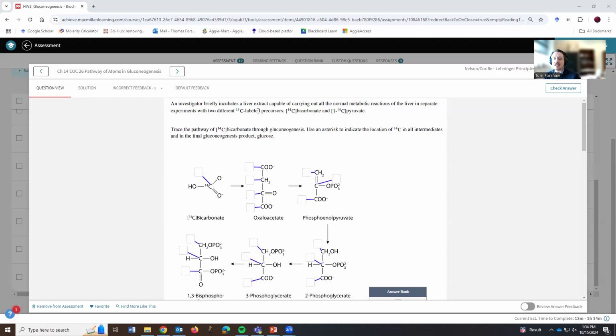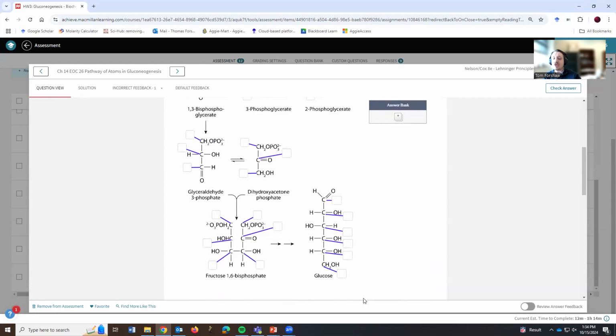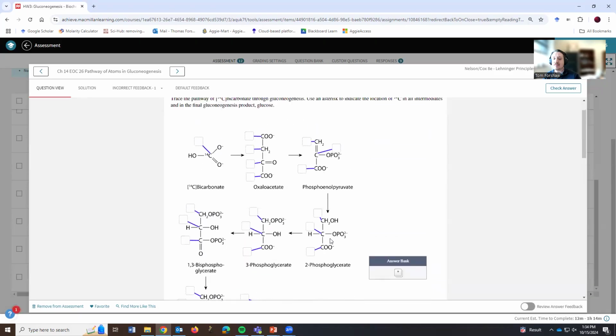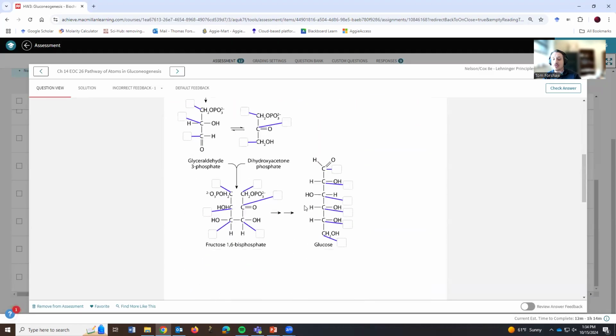The first part is if you started with a radio-labeled bicarbonate molecule, so here's the carbon-14, and it's radio-labeled, it's passing through gluconeogenesis, so it's going to be synthesizing glucose at the end. Use an asterisk to indicate the location of the carbon-14 in all of the intermediates until you get to the